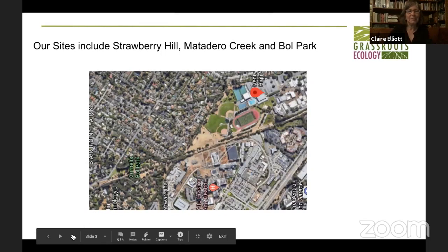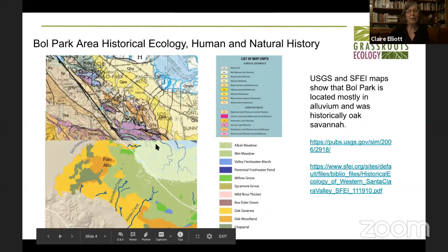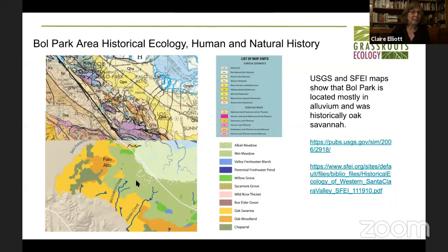I'll get back to that story because I want to step back and talk about what makes this site what it is. I just think it's really cool to look at the underlying geology of a site. And as in all of this area, it's very mixed up, as they say, lots and lots of different kinds of soils and rocks that have been churned together from faulting and erosion. So we're working in this area, which is mostly